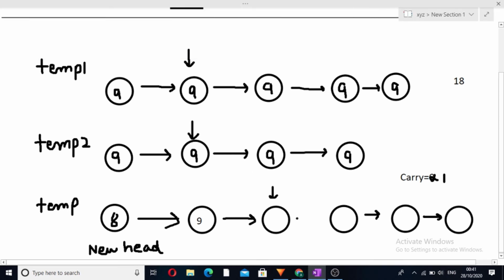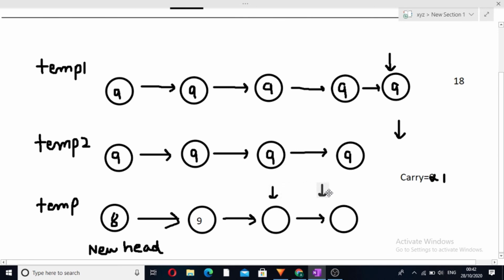For the 4 elements it will be formed. So now our temp1 will be here, and temp2 will be here. It means that temp2 is over and only temp1 remaining. So now what we'll do, and again a linked list, only this amount of linked list has been formed and our temp variable will be pointing here, which will be iterating this new linked list. So these are the conditions when our while loop is over.